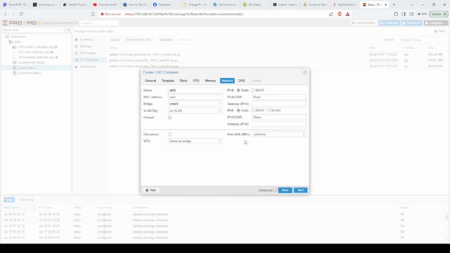Next, network. I'm going to go ahead and use static, and the reason I want to use static is I'd like to be able to find it. Okay. So